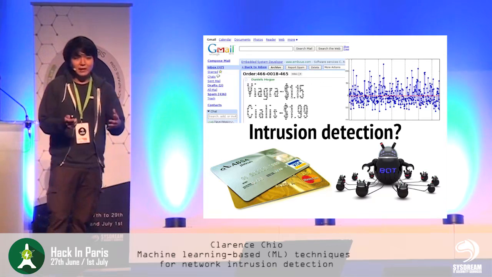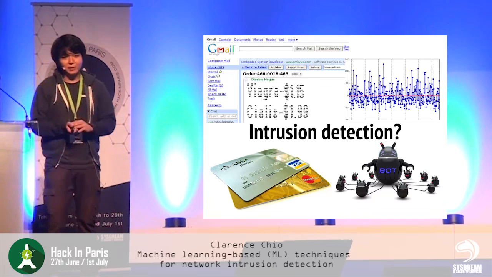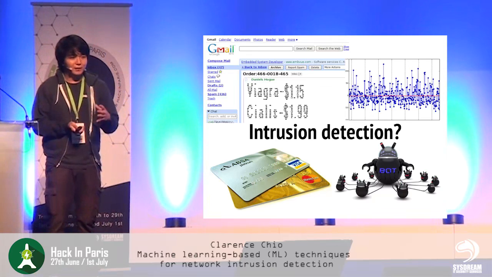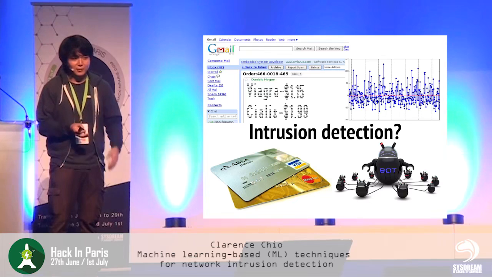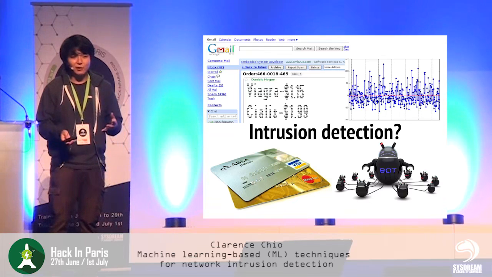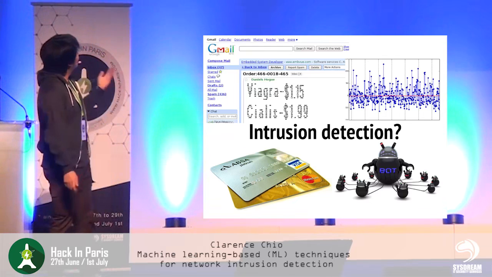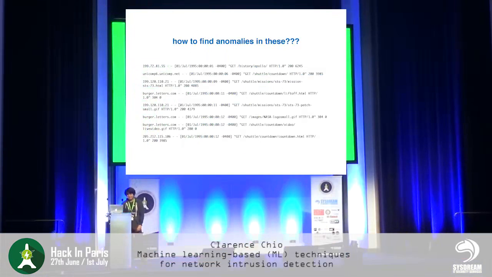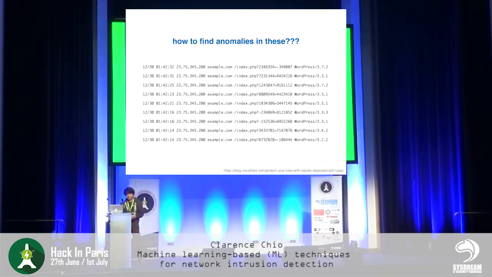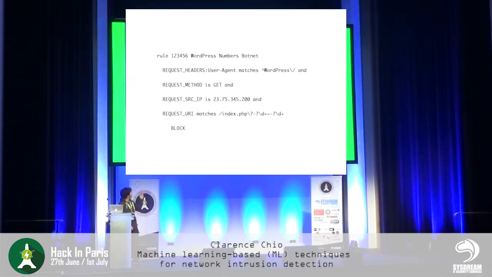But let's say you're a sysadmin or you're an engineer in a particular company and you were tasked with trying to come up with a way to prevent DDoS attacks or the high load on your servers because you suspect that someone is trying to attack you. You look at server logs, HTTP Apache server logs, and just, how do you find anomalies in these? It's just not very clear. Traditionally, WAFs have rule engines like this. So for example, if the user agent matches a particular string, request methods get, and the source IP is this particular IP address, which you see has been making 10 requests per second for the past few weeks, then you start to block it. So this is all very simple and easy to understand.